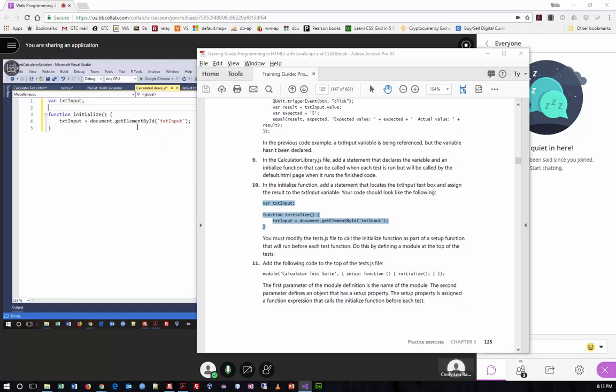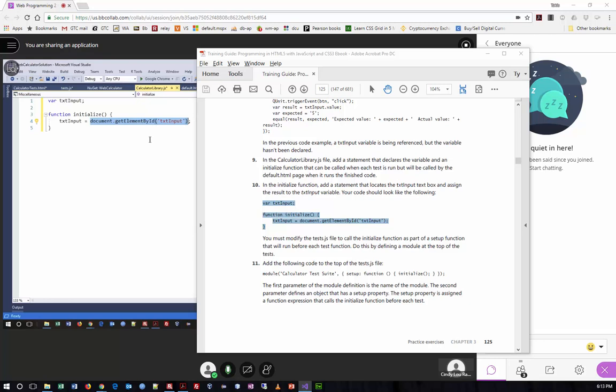And basically all that's doing is it's taking this command. Are you guys familiar with this command in JavaScript? All right, let's talk about it. This is a really important command because it's basically the equivalent of a CSS selector. It allows us within our document to find any object with any particular ID and then